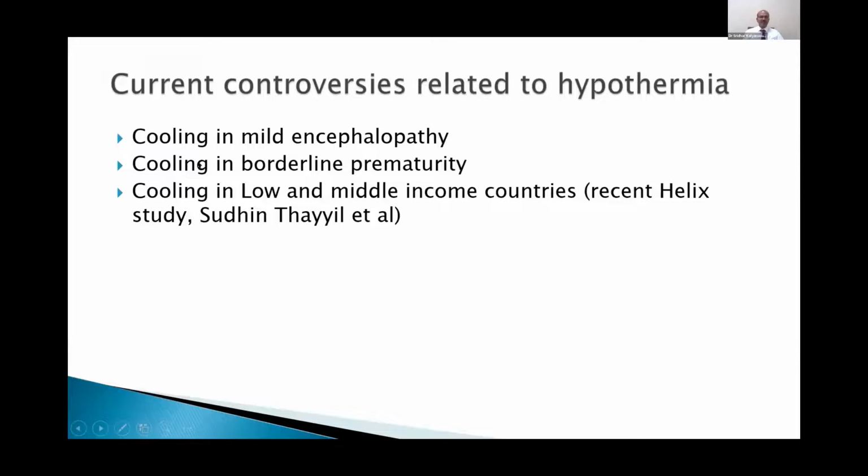The controversies related to mild encephalopathy, though many people are erring on the side of caution in mild encephalopathy, there is no evidence that it may help. Of course, it's very difficult to measure because the outcome is already good in mild encephalopathy. The difference will be difficult to show. And borderline prematurity, 34 to 36 weeks, what do we do? Many people are erring on the side of cooling, especially in the babies who tolerate it, where the weight is